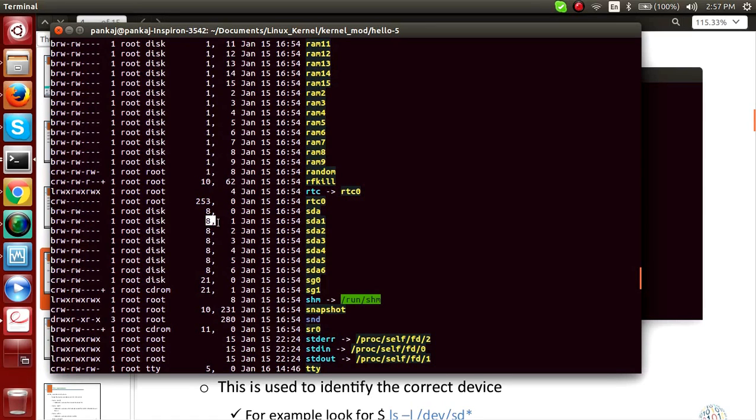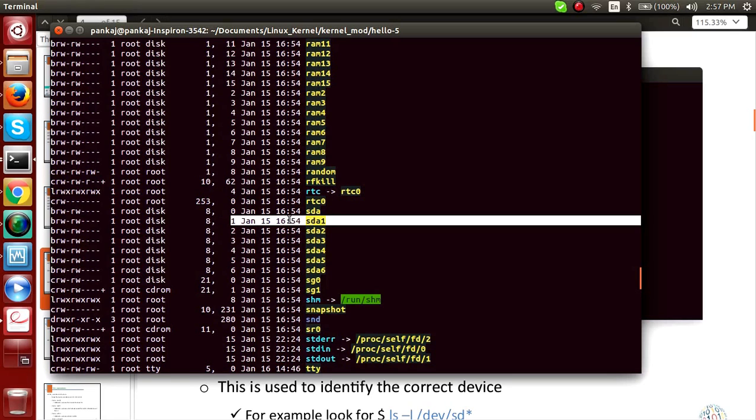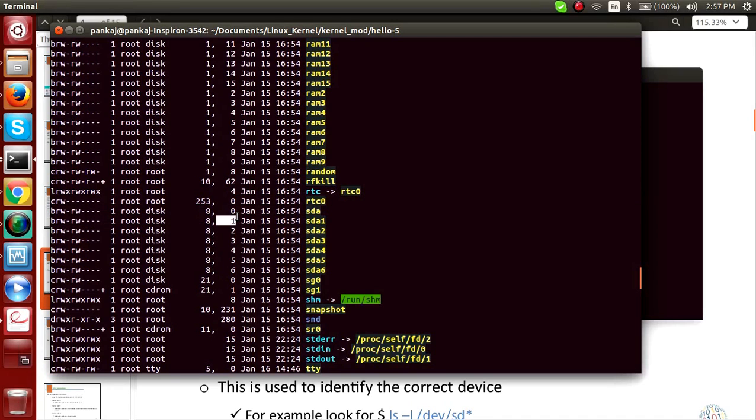SDA1 has one as its minor number, and SDA2 has minor number 2, with the device name SDA and the partition number appended. The major number is 8 because the disk is the same, but it has multiple partitions which represent the devices in the system. This is how it maps your device files to the actual devices.